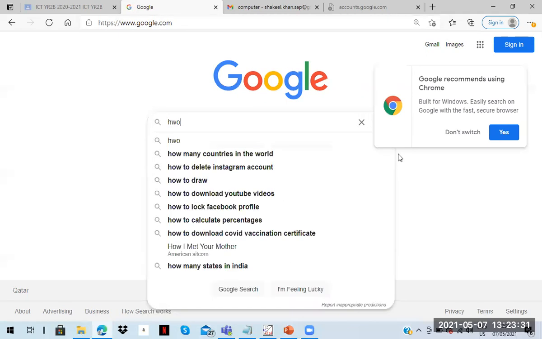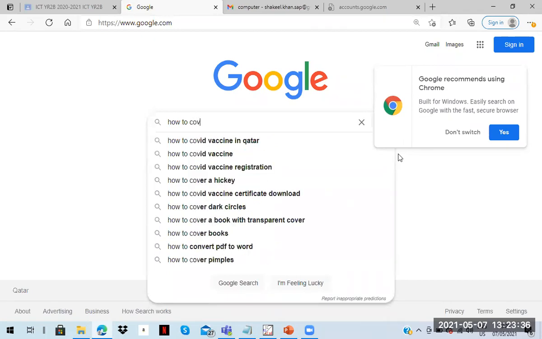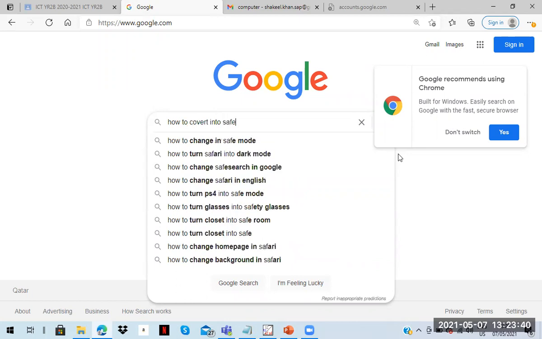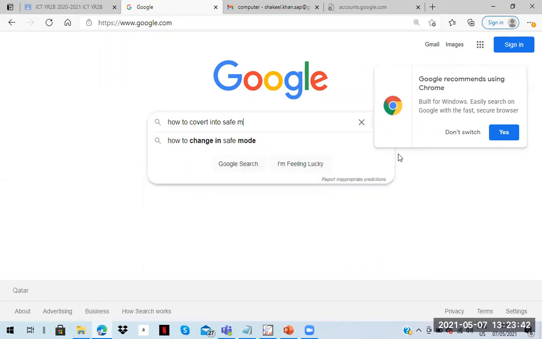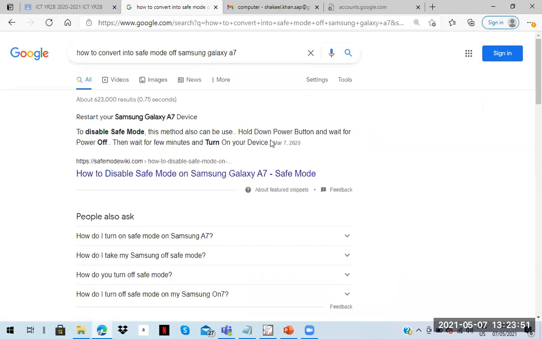You will write, how to convert into safe mode off. Then you will see Google itself, related to your questions or queries,